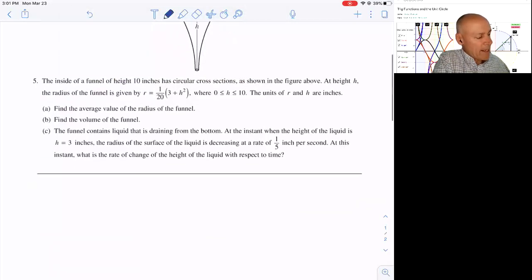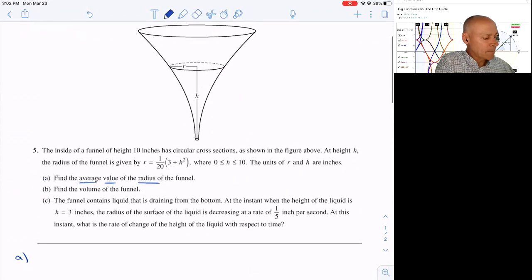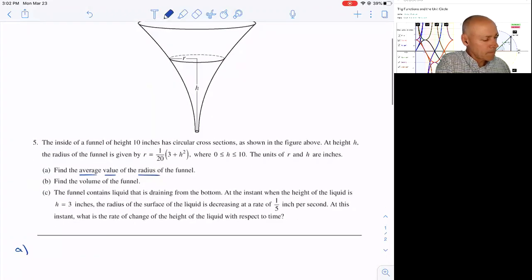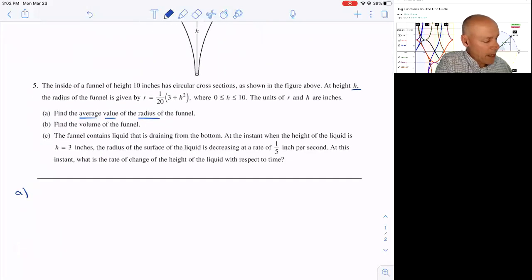So for part A, we're asked to find the average value of the radius of the funnel. So they're asking us basically for the average value of a function. And in this case, our function gives us the radius of the funnel in terms of h, the height. Okay. So really, what we're asked to find is the average value of a function